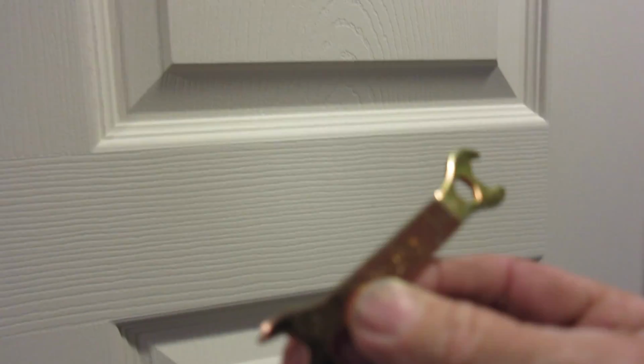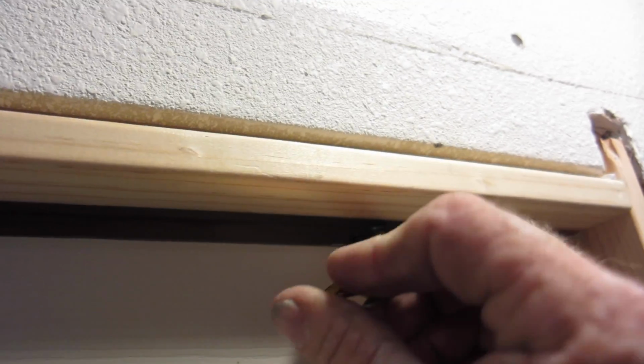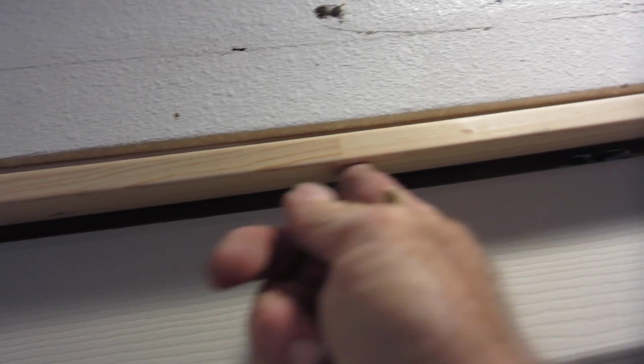So we got a pretty good deal, and they got this little tool here that we're going to use. It comes with the kit. Get up in there and twist. Which way? Oh, that way. So this gap here goes away because we'll put a piece of door stop there, and then on this side. Not on this side, because that's where your finger will actually get an owie if you keep doing that. So this is adjustable only until